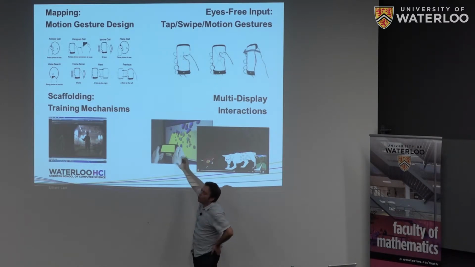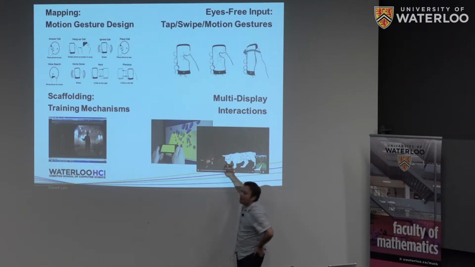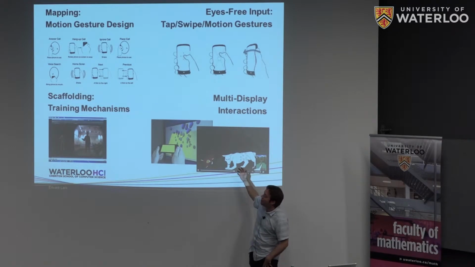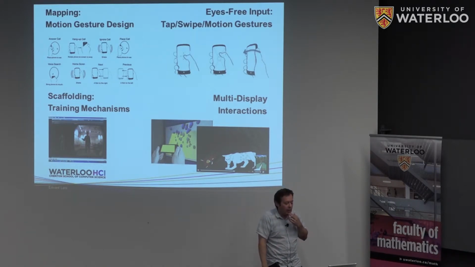And so he did some work on interacting with 3D volumetric displays, and he did some work on mass interactions. So in this room, if we wanted everyone to be able to interact with my screen and control it, which would maybe be a bad thing or maybe be a good thing, depending on how much you enjoy the rest of this talk, how would we actually leverage that, given the fact that everyone can't have a pointer on the screen in order to control things, everyone can't click on whatever they want? What do mass interactions look like? What is the space for that, and how do we support it?